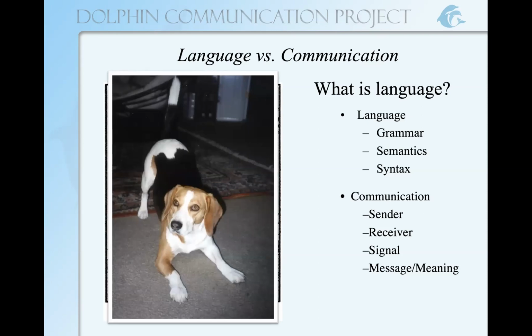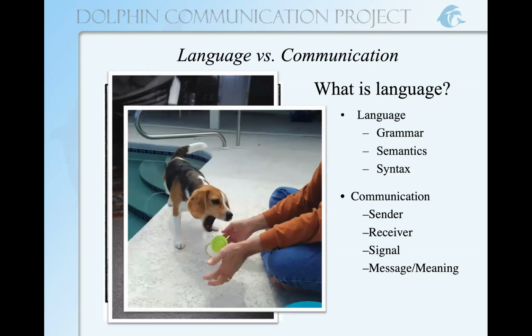This is the play bow, or the play posture. And if you see a dog doing this, it probably means it wants to play with you. If I show you another picture and I say, you see the ball here, which gives you more context, you